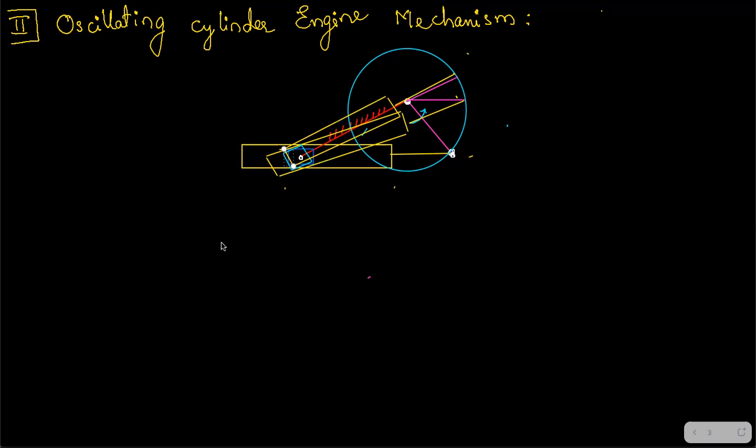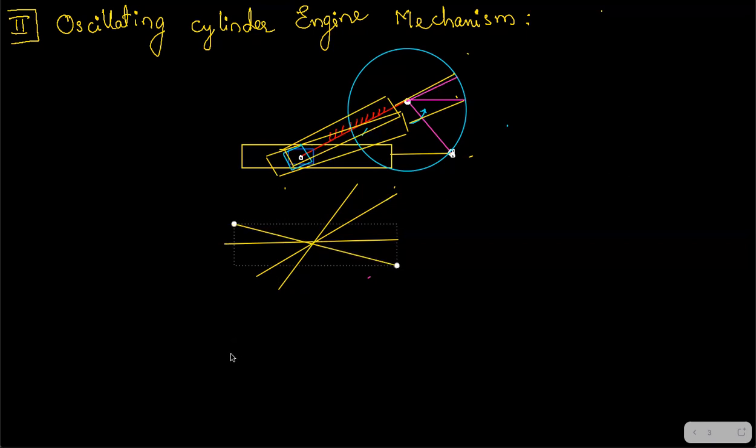Okay, so it will be like this. See, first position of the cylinder this way, then the next position of the cylinder this way, and the next position of the cylinder this way, and then after that again it will start moving back. Let's say that this is the extreme position of the cylinder. Again it will start coming back, this position, this position, this position, again coming back, and then it is going to go in this direction also, the cylinder. Fine, so this is called the oscillating cylinder.